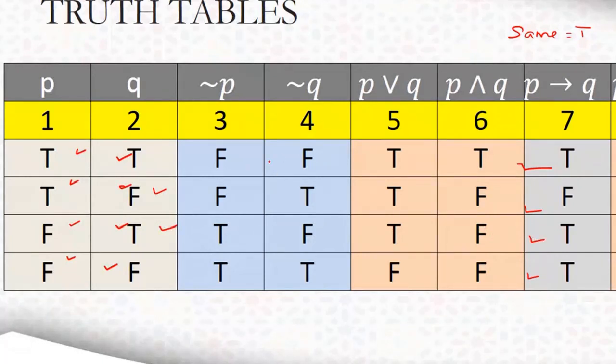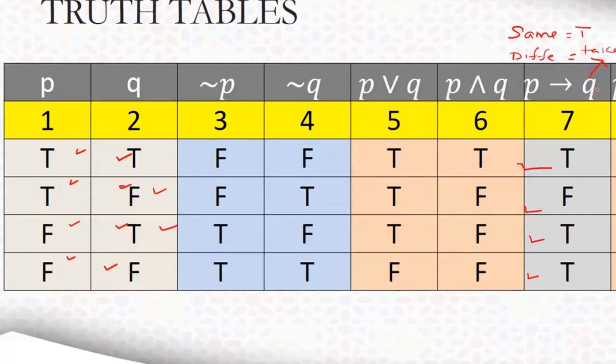Okay, so what is this thing? If they are coming same, you put T. If they are different, see what is coming this side. This side Q is coming, so take the answer from Q. So this is how we can do it. For the if operator, I repeat, if both the values are same, T and T, F and F, the answer is T. If they are different, so one place T, another place F, or one place F, another place T, the answer will be taken from the second side.